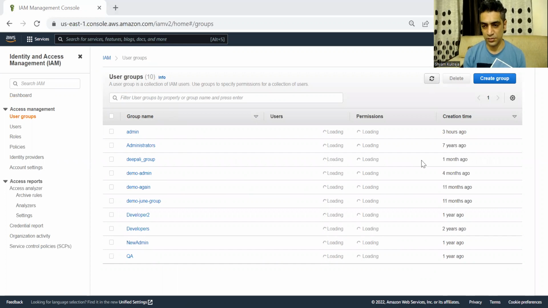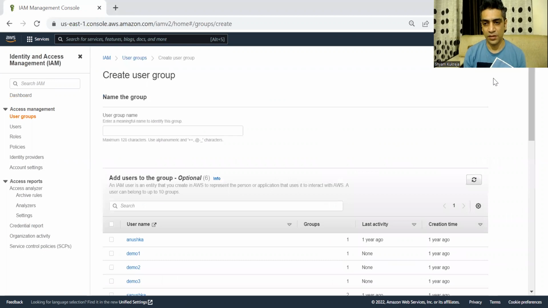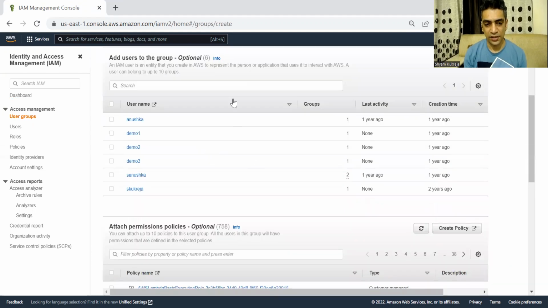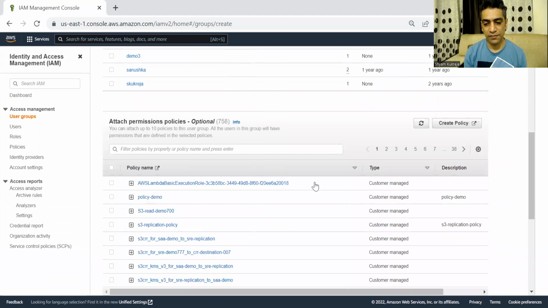So in the top right, you would see create group, in the blue color. So in the top right, you select create group. Okay, and now once you are here, let's give it some name. Since admin group already existed, I'll say admin1. So I'll create a group name called admin1, and we'll have to attach it